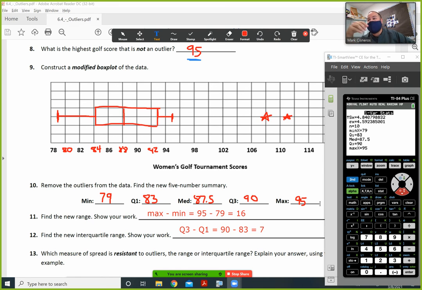The range will be severely affected by outliers, especially in this particular case. And we can see how the range changes just on this screen right here. The range only goes from here to here without the outliers, but it goes all the way from here to here with the outliers. Okay. So